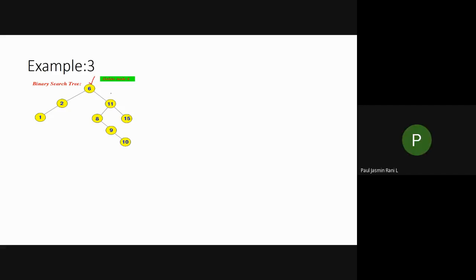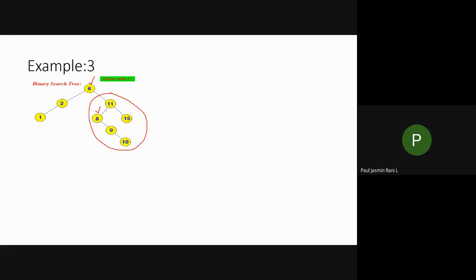Yes, because this is the minimum element, isn't it? This is the right subtree. The whole part is the right subtree. If you see this right subtree, 8 is the minimum element. Okay. But here, what happens if I remove it? If it is a child node, you will not have any problem. Just in the place of this 11, that is the left child of 11, simply I can mark it as null, isn't it?